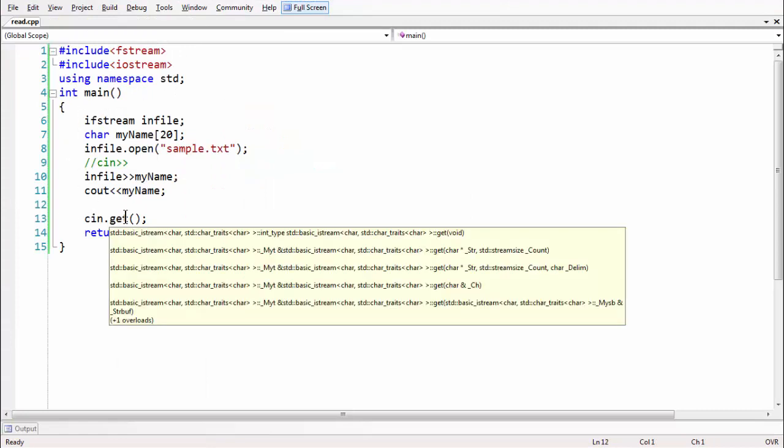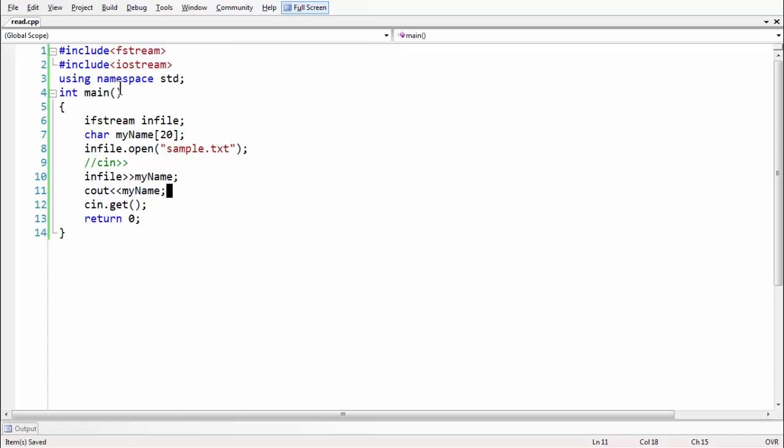Okay, so to summarize once again, let me put all the things together. Here we have the very basic header files like fstream and iostream. Okay, and then we have created an object for the fstream class, an object to read data from file, and a string variable to hold the read data. Okay,